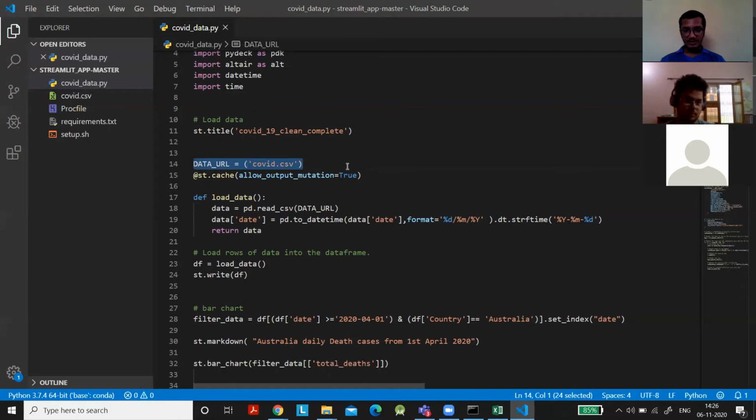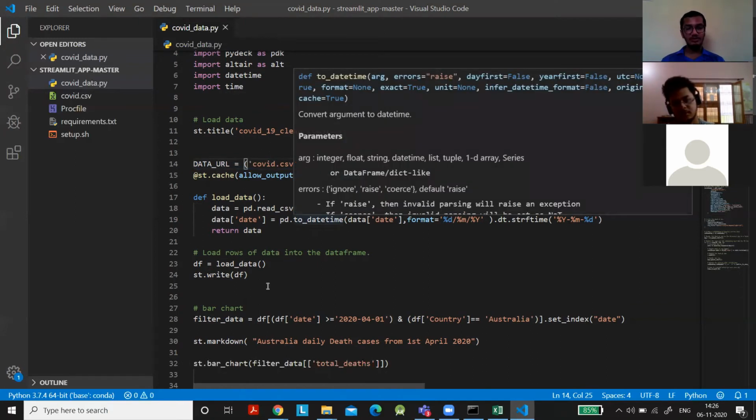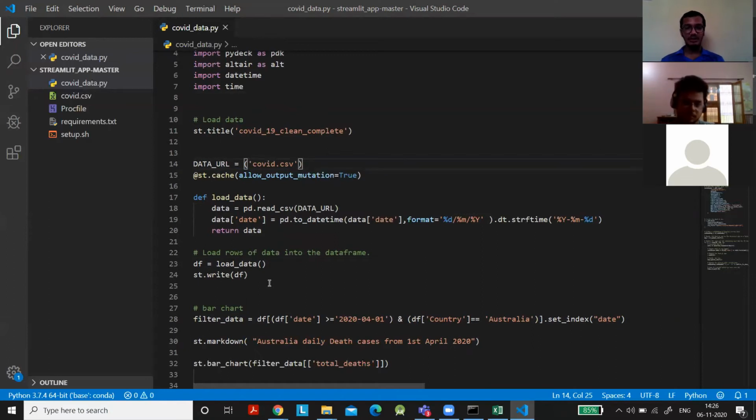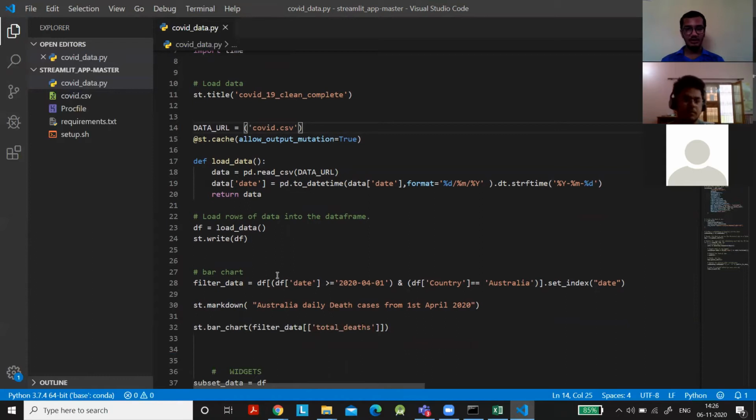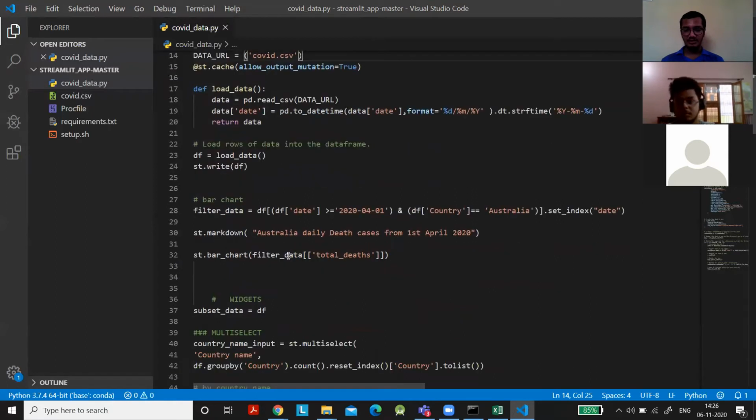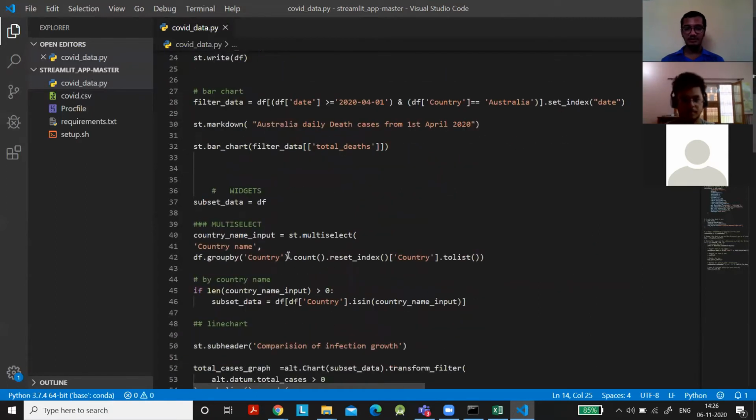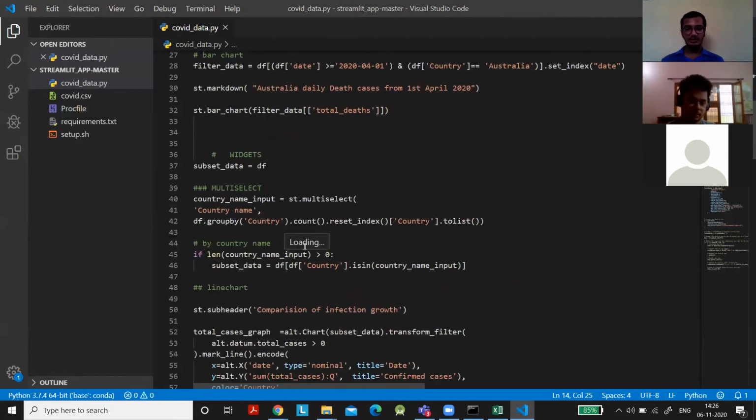And caching. Streamlit provides a caching mechanism which allows our app to stay high performing even when we are loading data from the web or manipulating large data sets. So it helps us in a lot of ways. And also in Streamlit, you can create different widgets. Widgets help us filter our data or visualization directly in our apps with buttons, sliders, boxes, or drop-down menus.